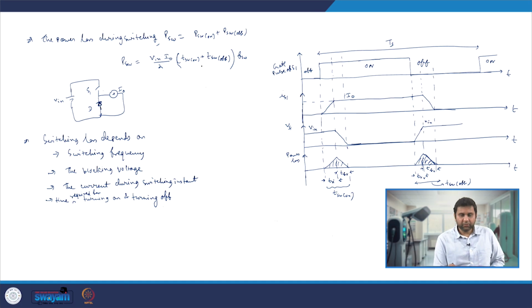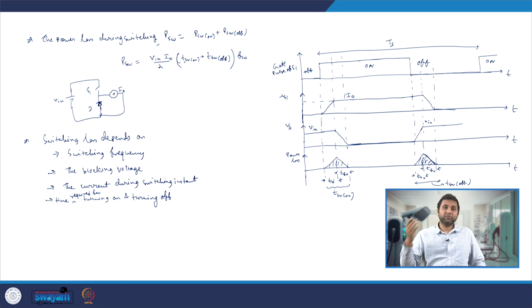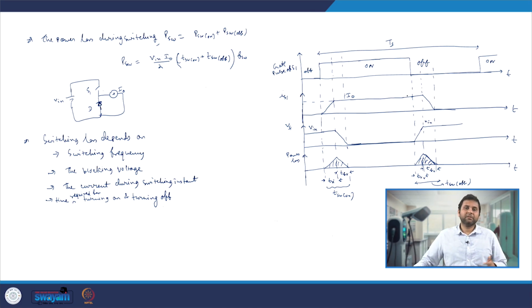So if we want to reduce the switching loss, and let's say you are going for high switching frequency, you cannot reduce the switching frequency. The other things you can reduce are the voltage blocked across the switch, or the current it is carrying during the switching state. For example, when the switch is turning on, from off to on, if I can somehow ensure before the turn-on instant that the voltage across the device goes down to 0, I can get 0 switching loss. And while turning off, if I can somehow ensure the current goes from a non-zero value to 0, I can ensure the switching loss is very less, or you can say 0. This is what we will discuss in the next lecture.